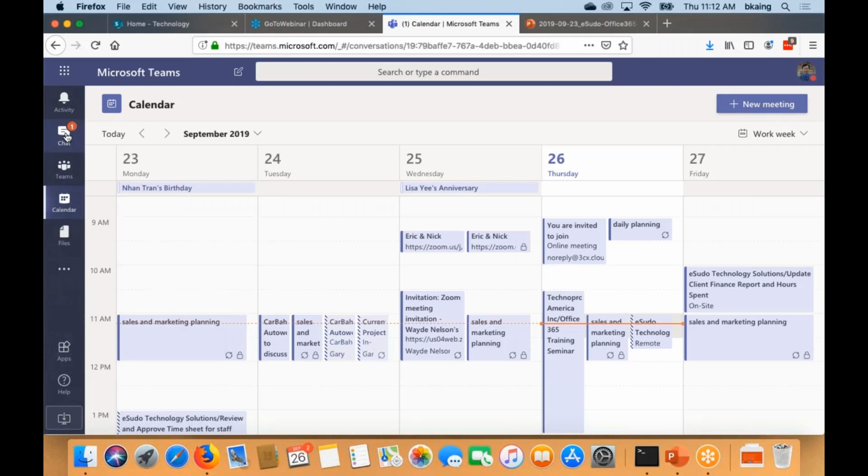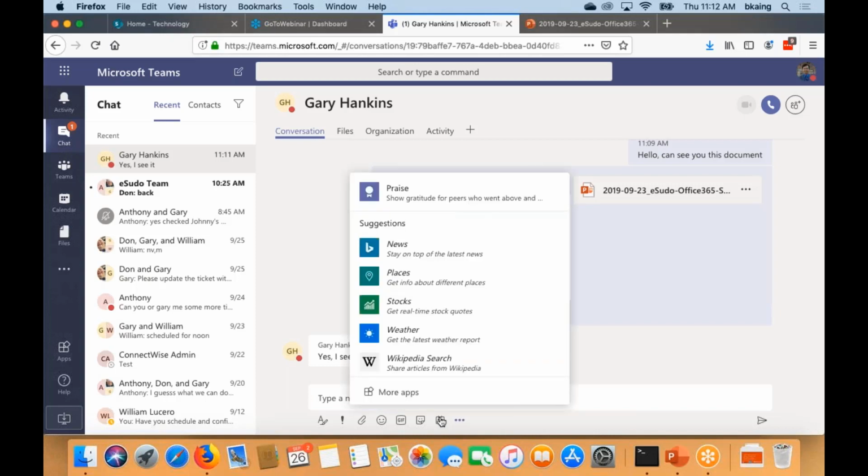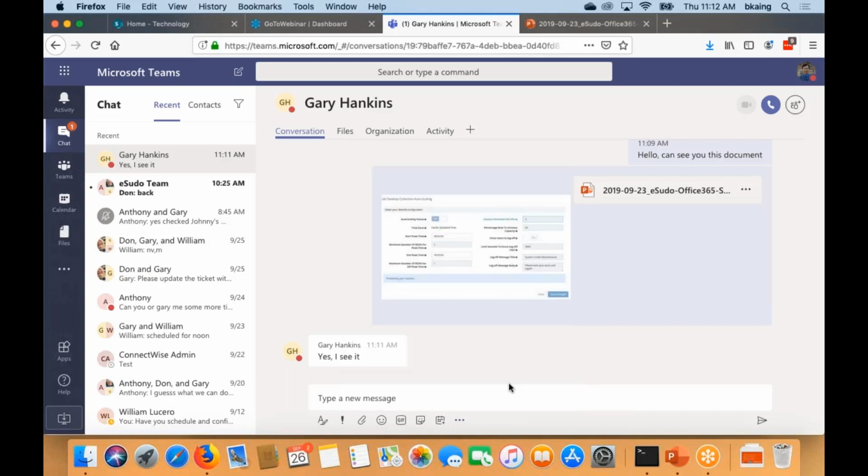I think I forgot to mention, if you want to have a meeting, you can also have a meeting with Gary. You can do all that within Teams without having to exit and get into Outlook to do other things.